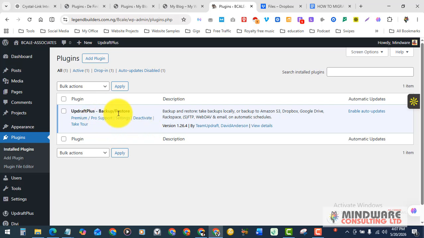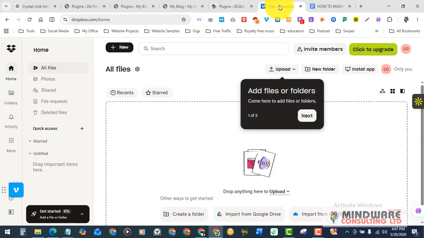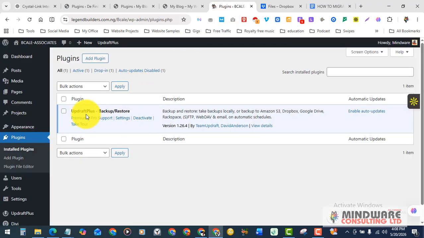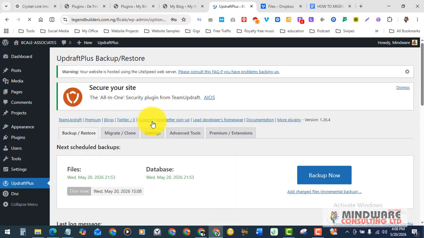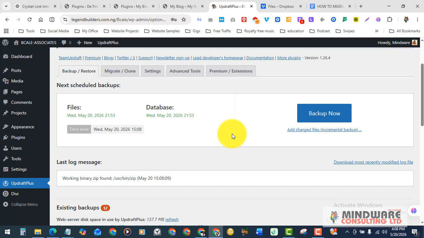So the next thing to do is to now attach this website, using this plugin, to this storage location. You have to connect the website to this storage location so that you can store the website there. That's what this UpdraftPlus plugin does for you. So you come over here, settings. Okay, so right here on the settings,